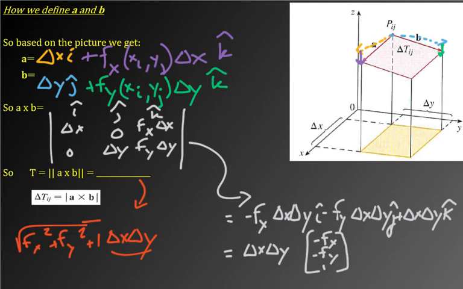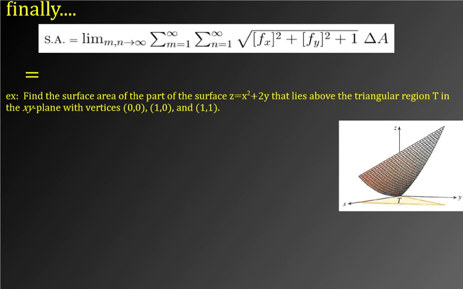And this is where you're going to get this delta A, basically. And so that is what I'm getting for this part, my magnitude of a cross b, okay? And so we can finally kind of go here, right? And so we now know that if we